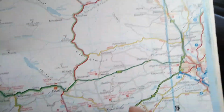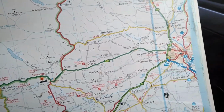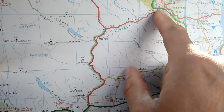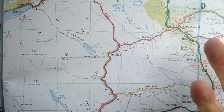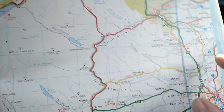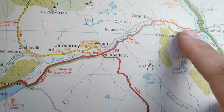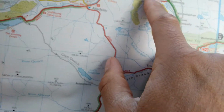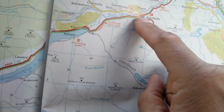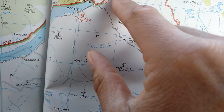So if you're in Scotland, go to the city of Perth, and then head on to the A9, drive up the A9, heading north. There's lots of ways you could do it, but I'll show you the straightforward route. Just follow the A9 all the way up until you get to the A827. Then drive along the A827, continue through Aberfeldy, and about 2 or 3 miles on the left, you'll come to the